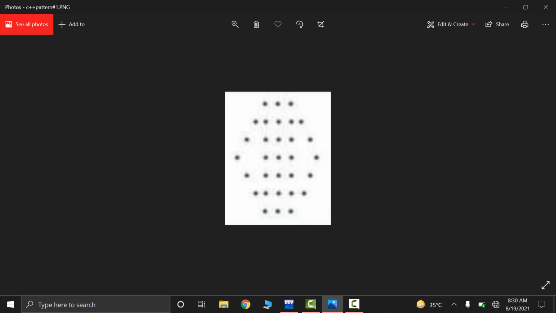On the first iteration it will print a space, then on the second a space, third a space, and on the fourth a space, and on the fifth it will print this. Then the outer loop will decrement. On its second iteration, on the first it will print a space, on the second a space, on the third a space, and on the fourth it will print the star. Then it decrements again, and on the first it will give a space, on the second a space, on the third the star. Then decrement the loop, and on the first it will be a space, and on the second it will be the star.